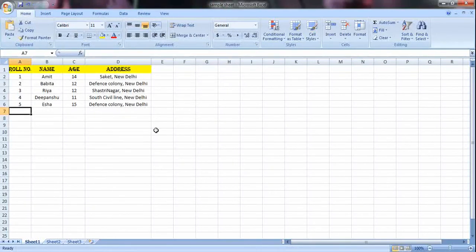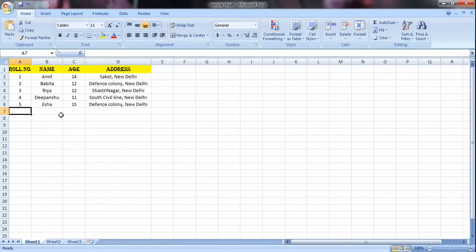Your sheet is saved. Now if you see here, this sheet is saved as a workbook file and the name here is sample sheet. So my workbook name here is sample sheet, and in sample sheet, sheet number 1 consists of the information of the students that I have entered. This is how you are going to create a new worksheet. Now let us see some of the operations on this worksheet.